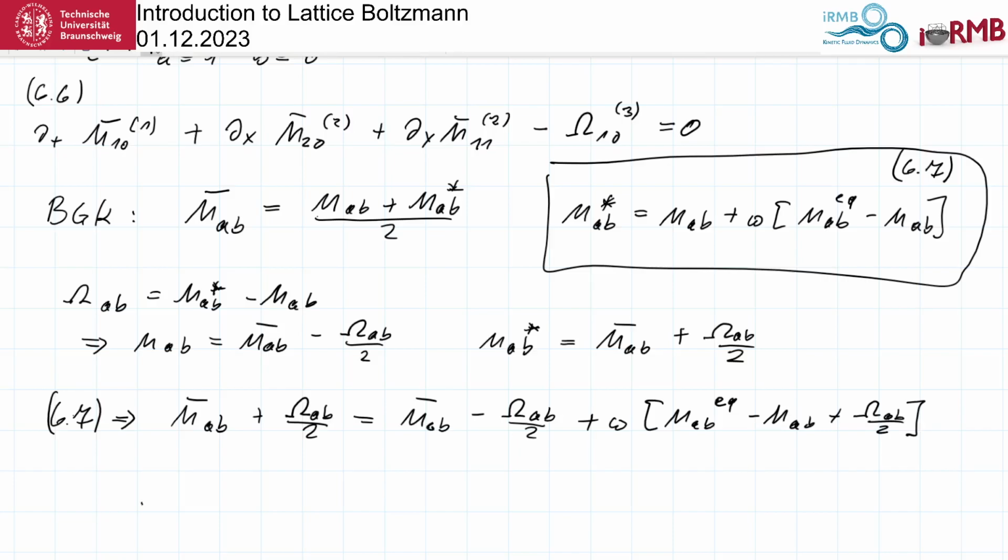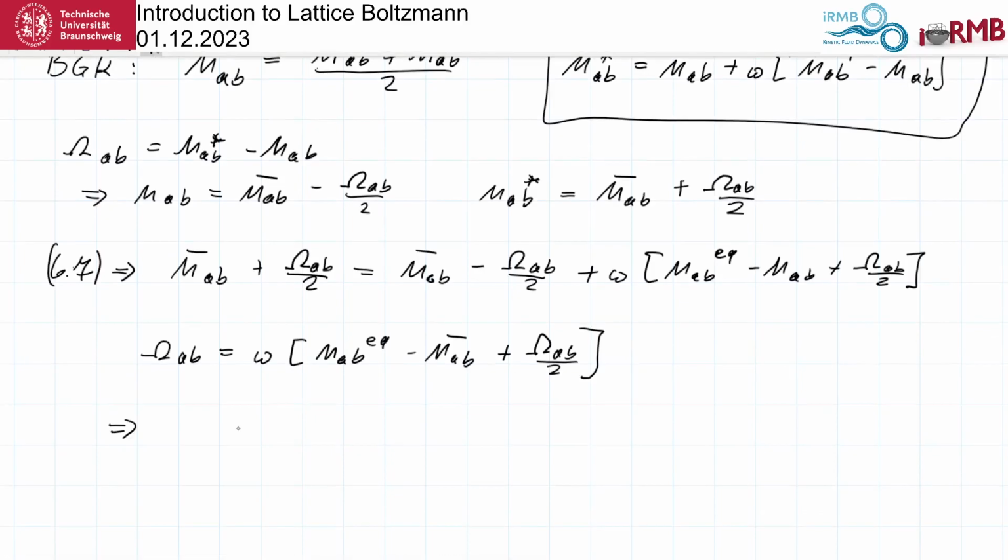And this we can solve for omega_AB, which is equal to small omega times M_AB equilibrium minus M_AB over bar plus omega_AB. So you see again, this is implicit, but we can make it explicit by rewriting it as M_AB over bar equal to M_AB equilibrium minus (1 over omega minus 1/2) omega_AB, which we put in the equation